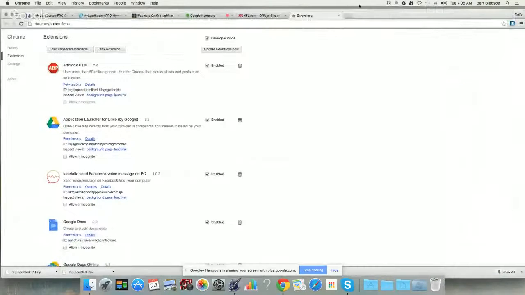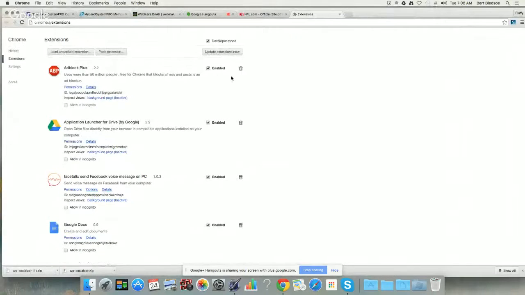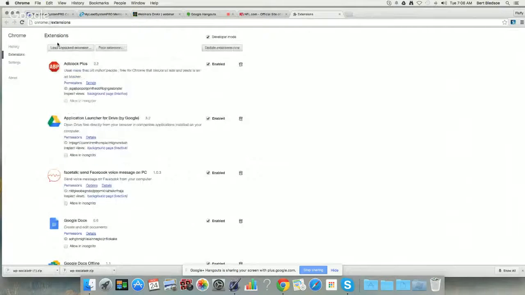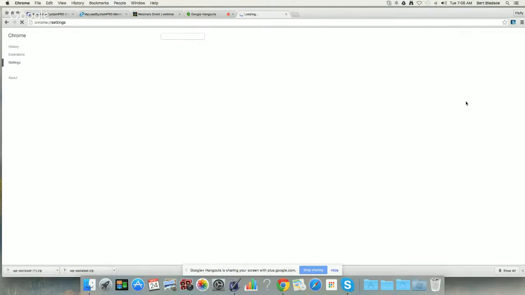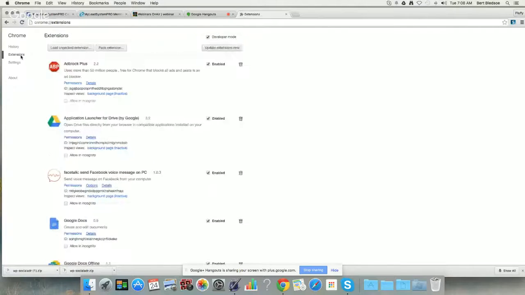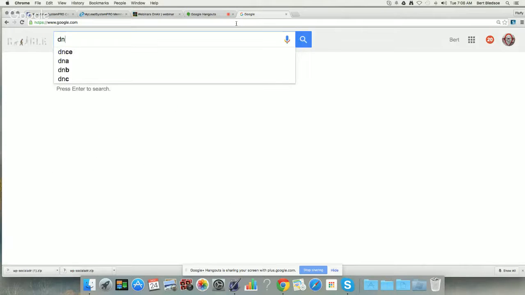And up here, this shows you the extensions that I have already. You can go in and look for new extensions, right? And that's really what you want to do. So let me see how we can get over there. Settings, extensions. Geez, I just did this earlier. Maybe it's because I already have it loaded up. So just go to Google and type in Snagit